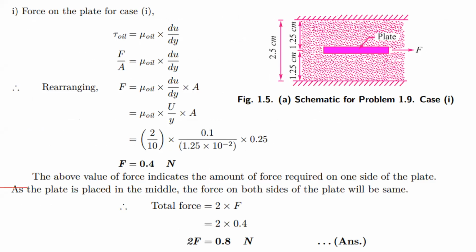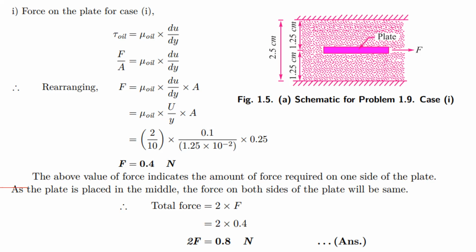Okay, now this is the figure I will write. This is the plate. Plate area is 0.5 into 0.5, which is given in the problem. Now this is placed centrally, meaning in this 2.5 centimeter gap it is placed in the middle, 1.25 centimeter from the bottom side and 1.25 centimeter from the top side. This is a negligible thickness plate of area 0.5 into 0.5.